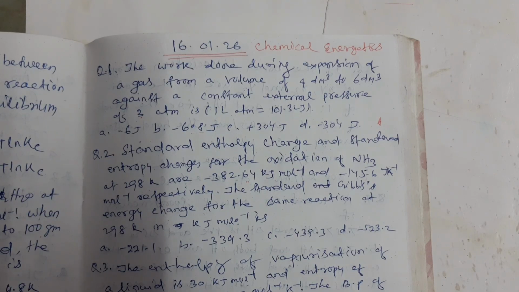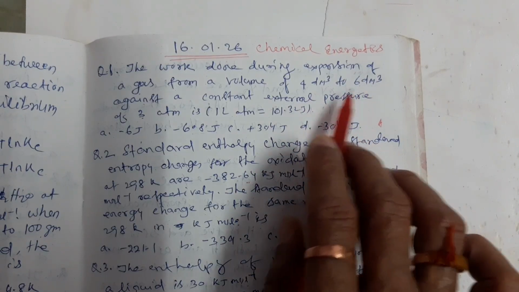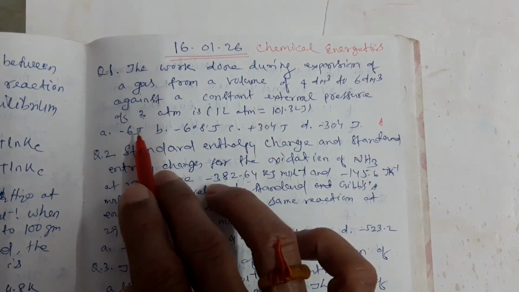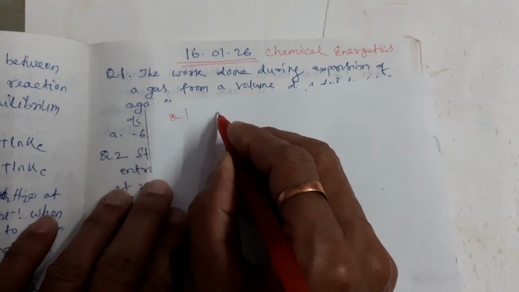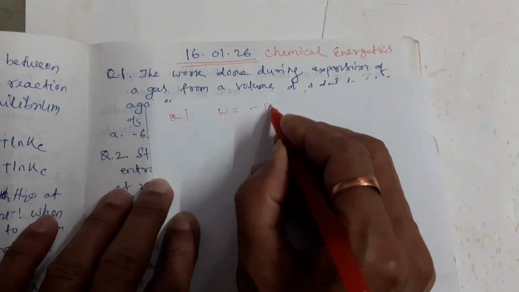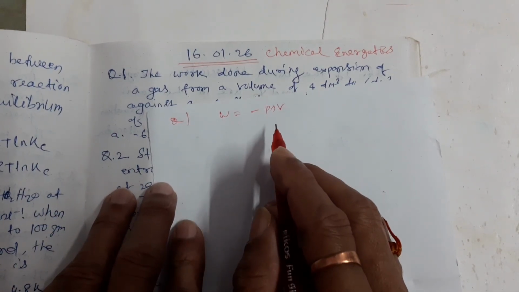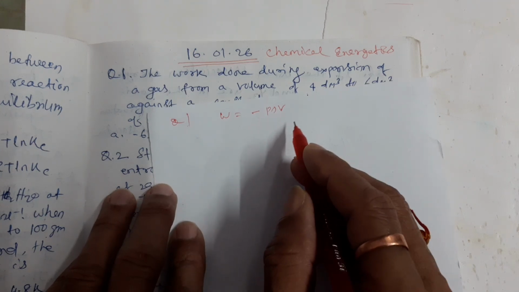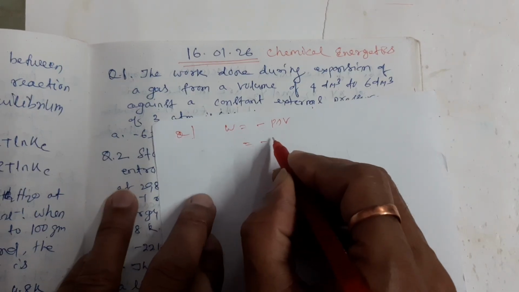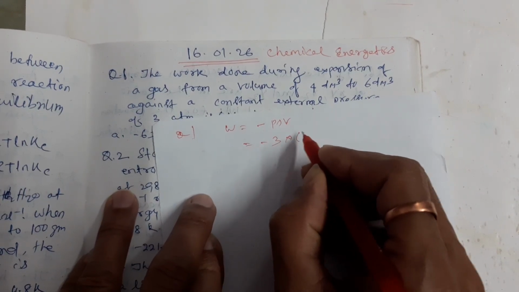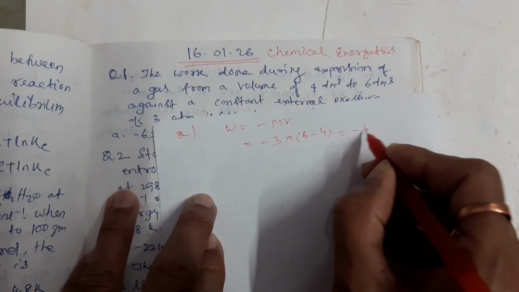First question: the work done during expansion of a gas from a volume of 4 dm³ to 6 dm³ against a constant external pressure of 3 atmosphere is what? Work done is equal to minus P delta V. The negative sign is because work is done by the system on the surroundings, that is, expansion. So you put P value minus 3, V2 minus V1, 6 minus 4, that is your minus 6